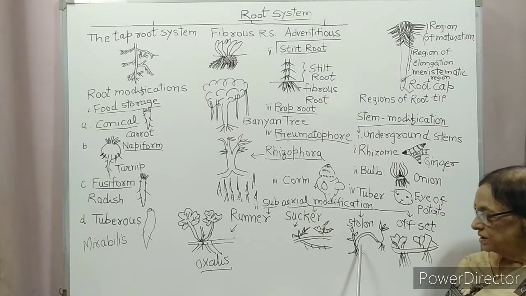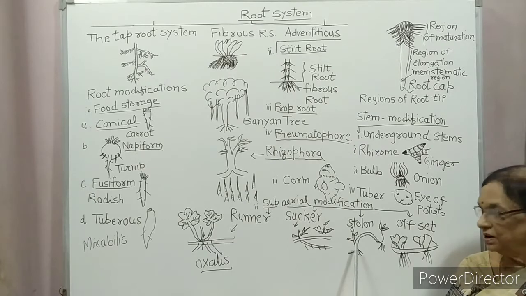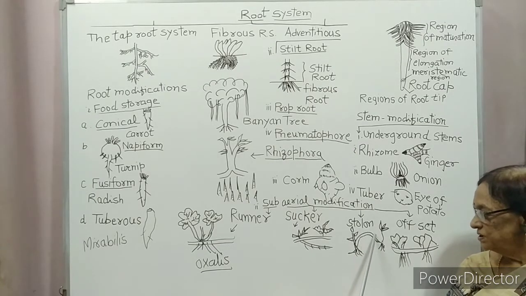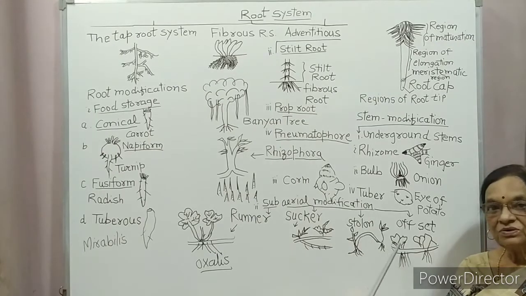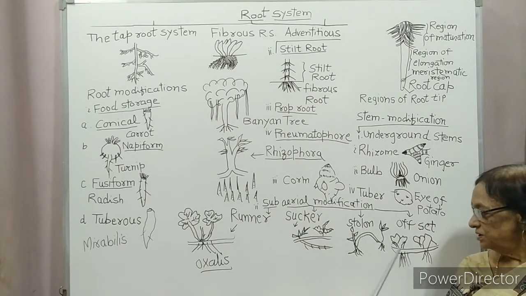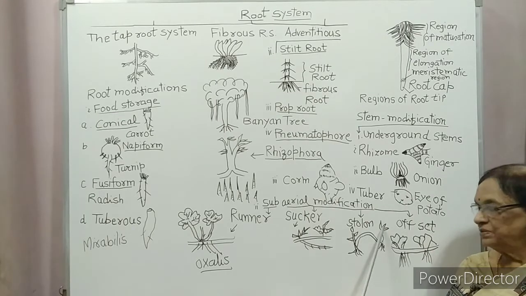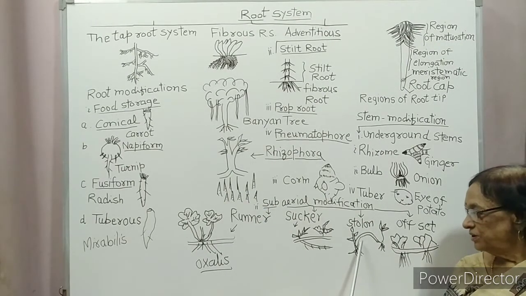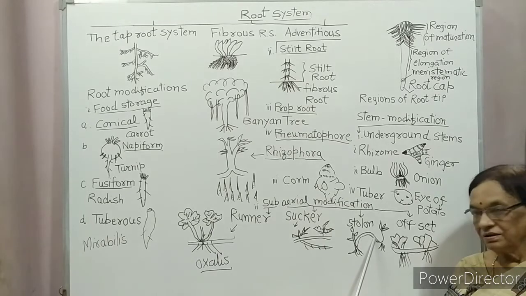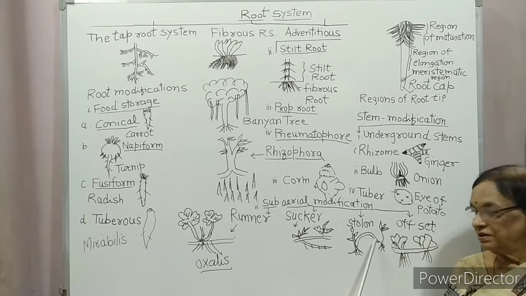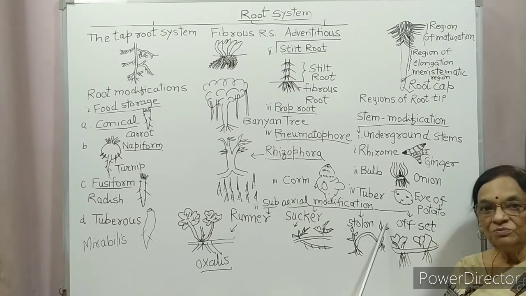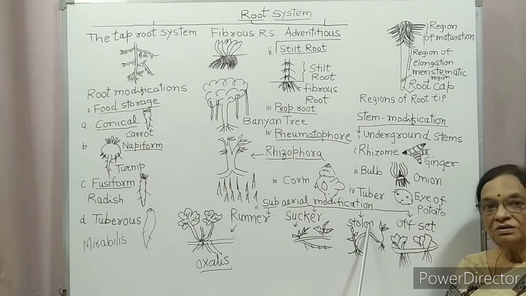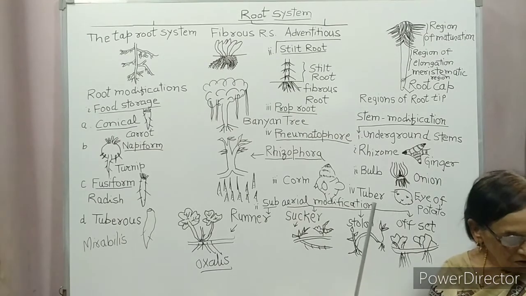Stolon. Stolon is found in Nephrolepis and jasmine. In stolon, the lowest axillary buds form a branch which forms a curve above the soil. Tip of the curve touches the soil and develops the leafy shoot. Repeating, in stolon, from the lowest axillary bud develops a branch. This branch curves above the ground. When the tip of the branch touches the ground, a new plant develops. It is called stolon.